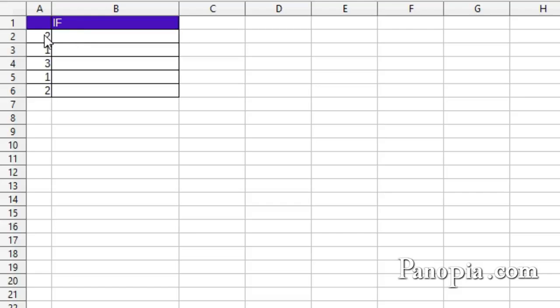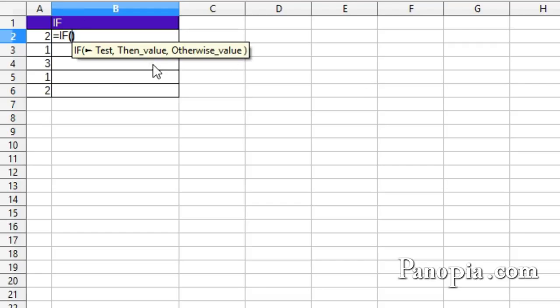Here's an example. I have some numbers in this column. I'll use the IF function to let me know if they're more than or equal to 2. So in B2, I type equals IF, then press enter. The first parameter is test. This will be a Boolean value. So the test will be if the value in column A is more than or equal to 2. So I click A2 and type more than or equal to 2,